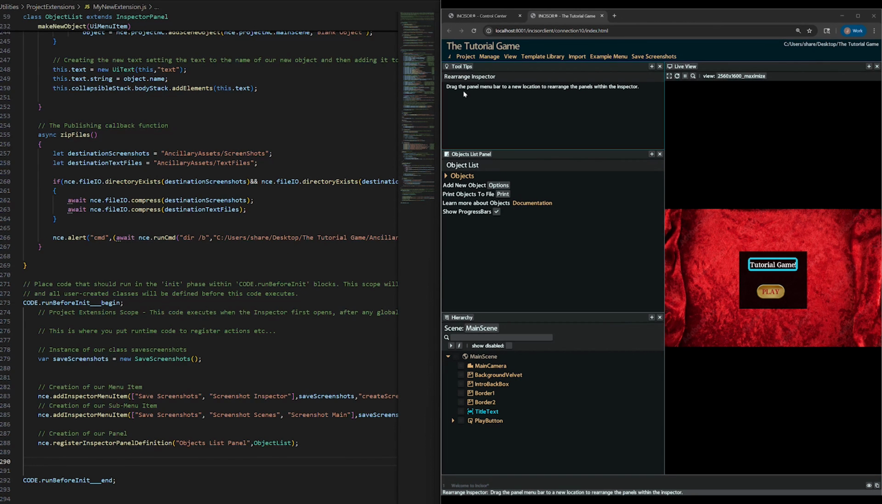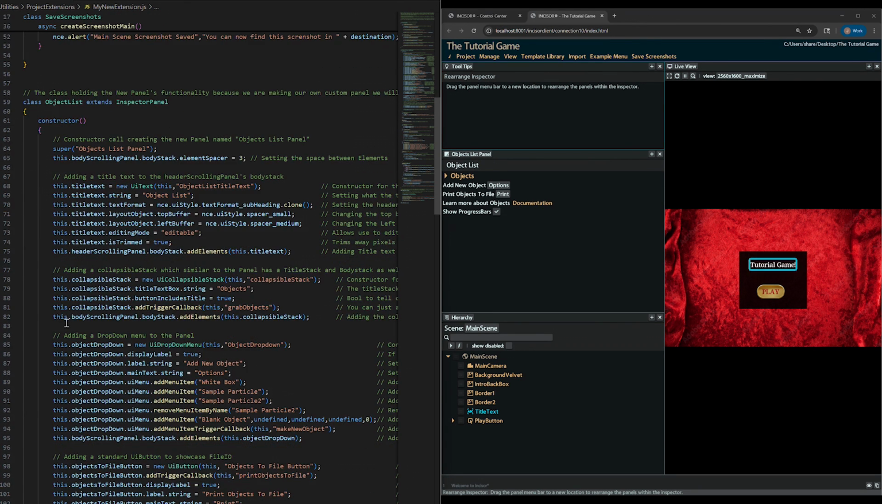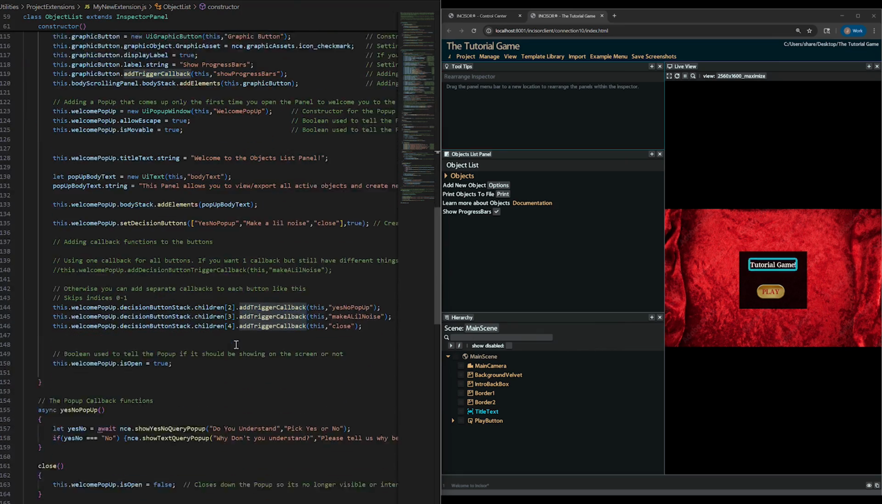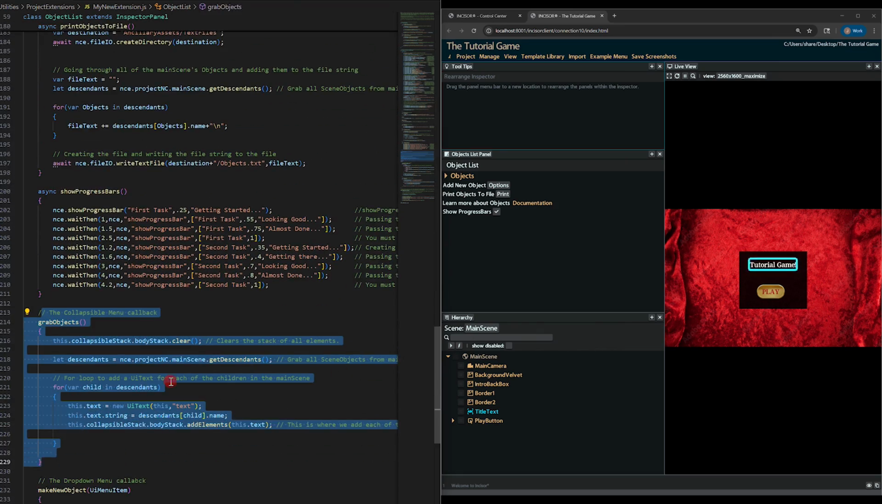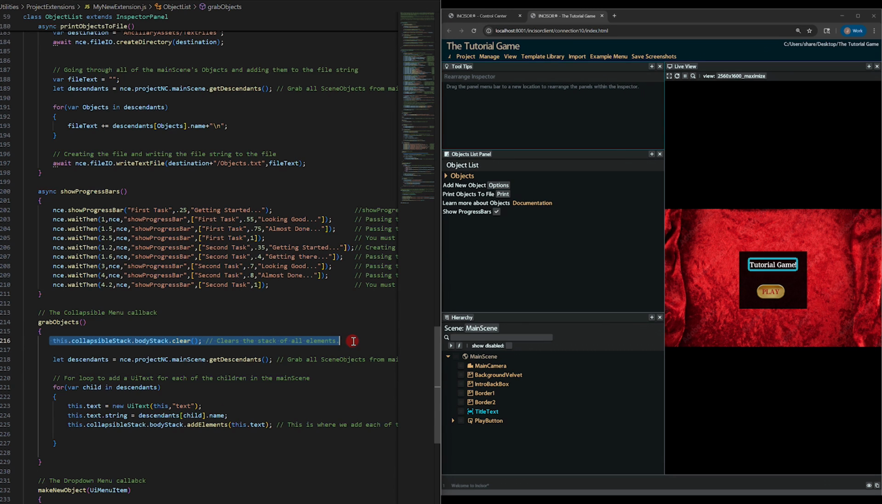Now let's take a closer look at how our panel functions, focusing first on the UI collapsible stack and how it uses runtime project analysis to dynamically populate its contents. We've added a trigger callback to the stack so that whenever the user expands it, our function grabObjects is executed. Inside this function, we begin by clearing the stack to ensure a clean slate before adding new scene objects. Next, we retrieve all scene objects from the main scene by calling